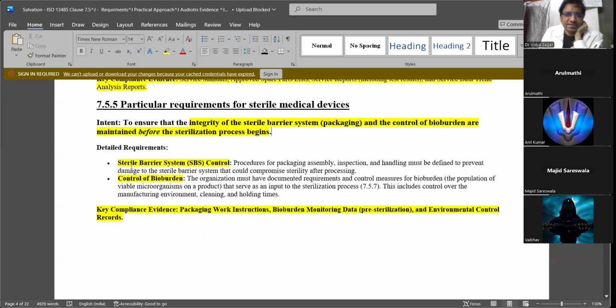Okay. That is because of the sterile barrier system or control of bioburden. The organization documents the requirements for control measures for bioburden, like the population, which we discussed. Either you can do the settling plate method or the air sampling method, as input for the sterilization process. So if you know what the bioburden is in the clean room, and importantly, before you sterilize it, if you check what the bioburden is on the device,